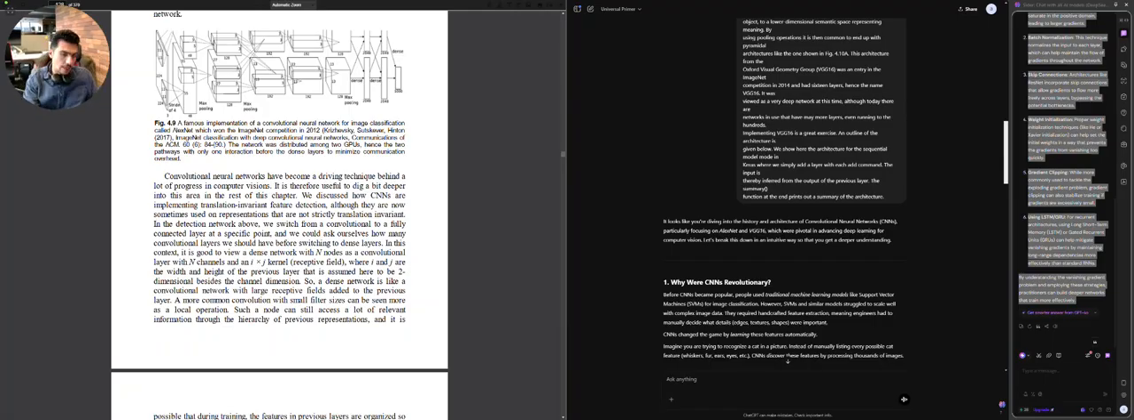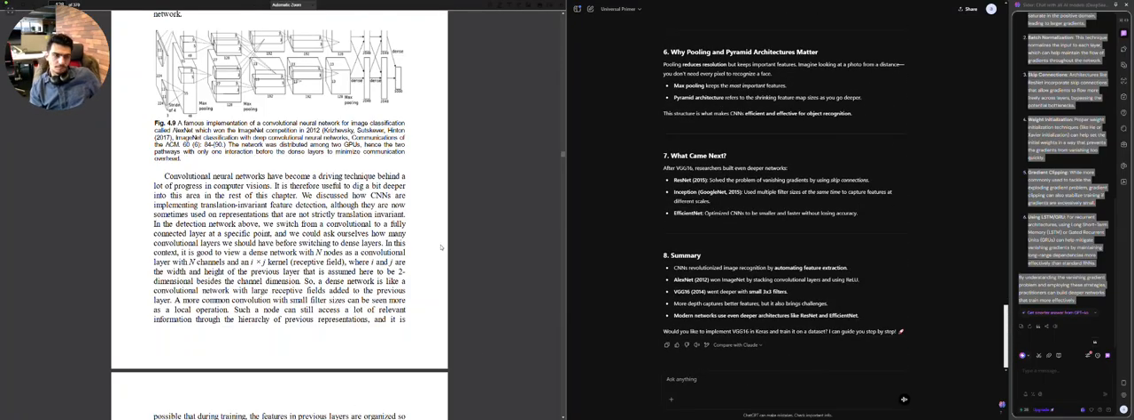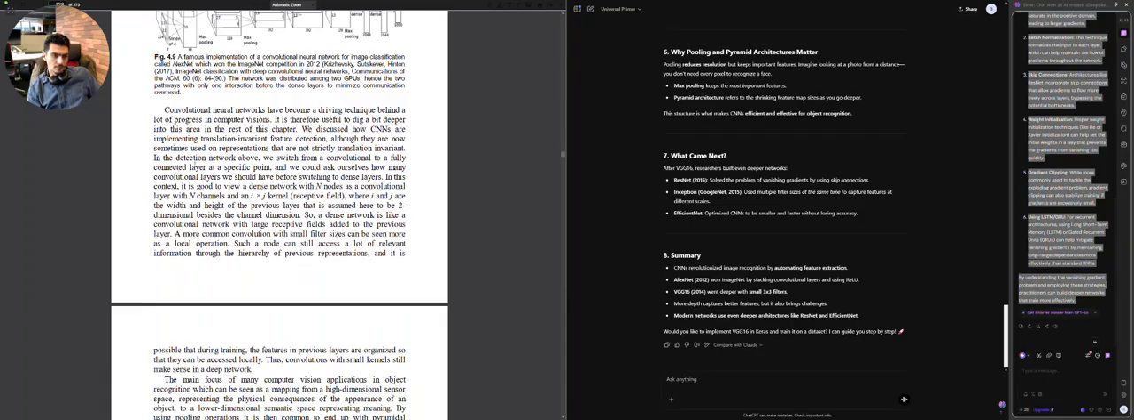So, back to the track. Convolutional neural networks have become a driving technique behind a lot of progress in computer vision. It is therefore useful to dig a bit deeper into this. Discuss how CNNs are implementing